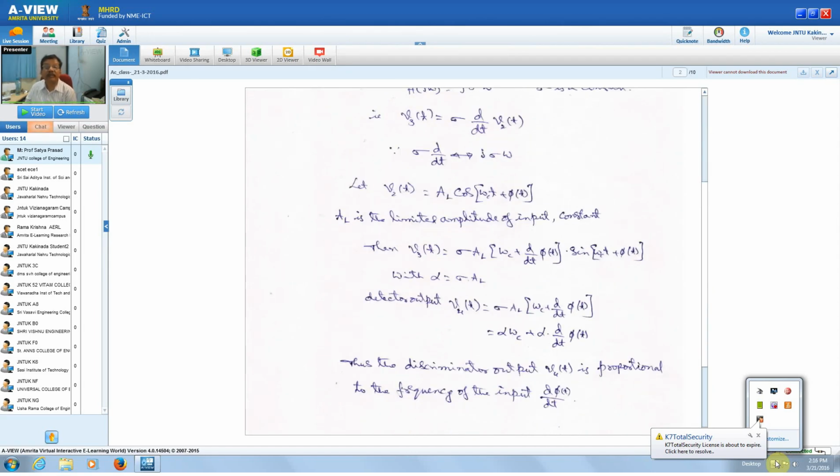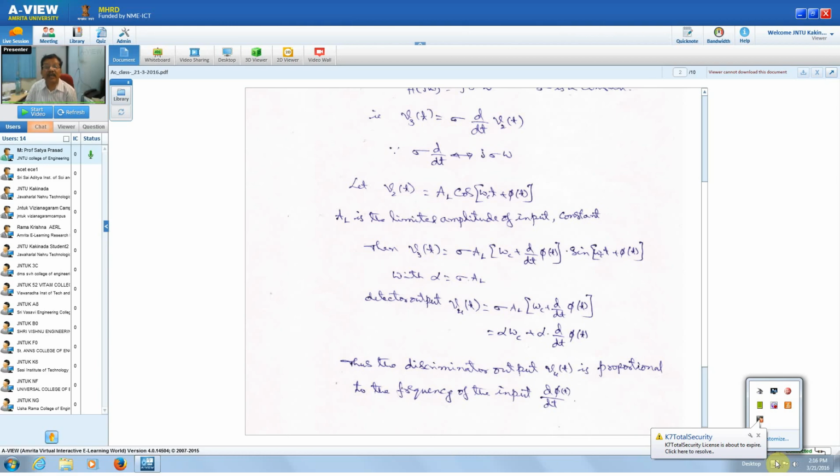So this V2 of t is AL cos(omega ct plus phi t), which is given as input to your frequency to amplitude converter. And AL is the limited amplitude of the input, because A is the input that we have assumed, and that has been passed to your limiter, so that the output of your limiter gives you AL. So what about the noise variations? The channel noise that has been added is eliminated, and we have got a constant amplitude,